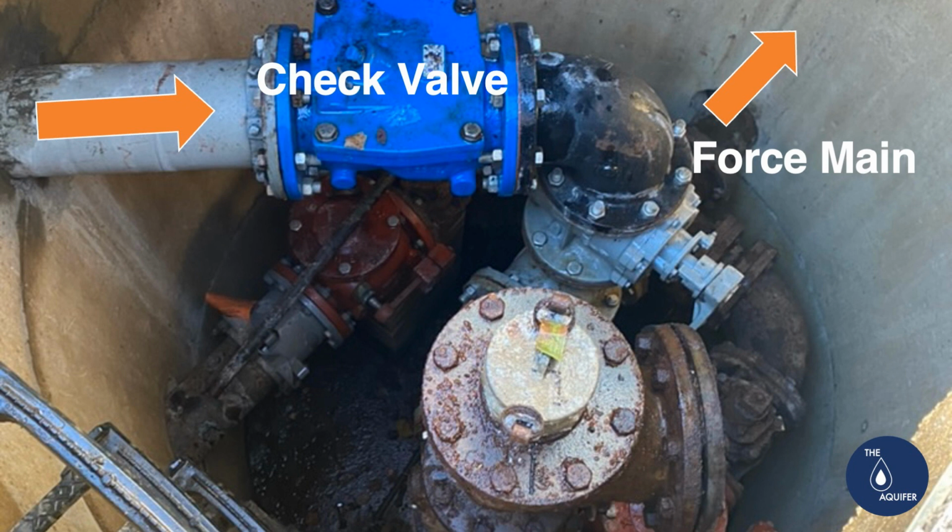Now this slide shows the discharge piping from the backup pump, and the check valve and the connection to the force main. You can see the check valve and the normal pump discharge piping that we'd see at a conventional submersible pump station down below the backup pumping. And this setup was constructed as part of the original pump station construction, but this could be easily retrofitted to